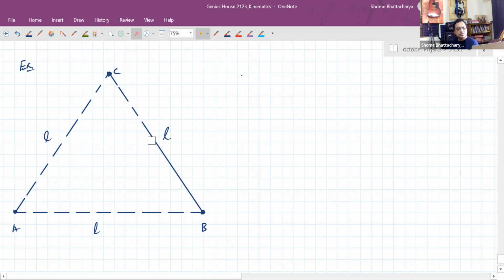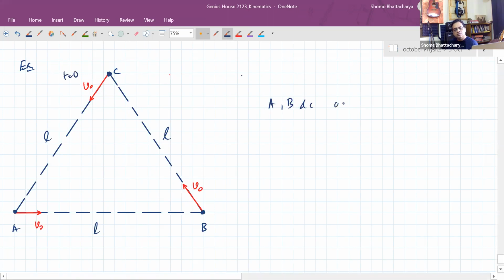So chasing each other means that the direction of A's velocity is always pointed towards B. The direction of B's velocity is always pointed towards C, and C's is always pointed towards A. So their velocity vectors always sense where the other particle is, and they point their velocity vectors towards the other one at a magnitude of v0. So if this is the situation at time t equal to 0,